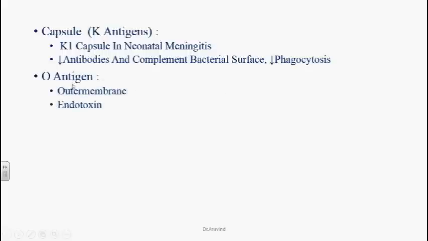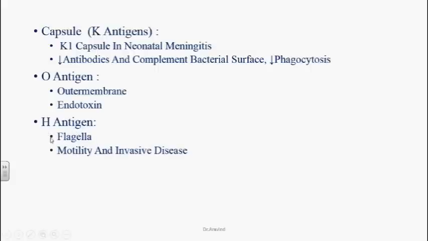They have O antigen, the outer membrane antigen. This outer membrane antigen is antigenic in nature, so you can see antibodies against this, and it can also act as endotoxin for these organisms. And these organisms have flagella, peritrichous flagellar organism. The flagellar antigens are referred to as H antigens, and they help in motility and invasiveness of this organism. Depending upon these three antigens, K, O and H, we have almost 700 plus serotypes of E. coli.